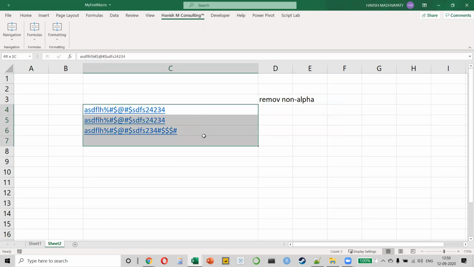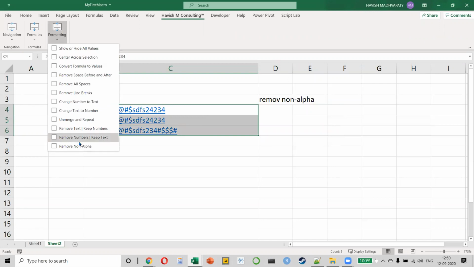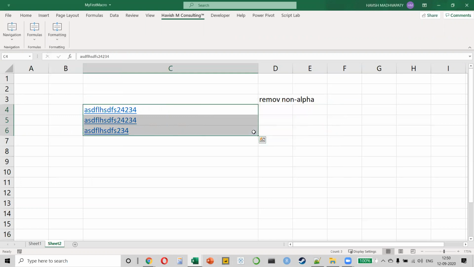So what have I done here? I've created a simple macro called remove non-alpha, right? This one. I click on this button, select the range, and you notice in one click, it removes all the non-alpha. It only shows me the number and the text. What is the code?